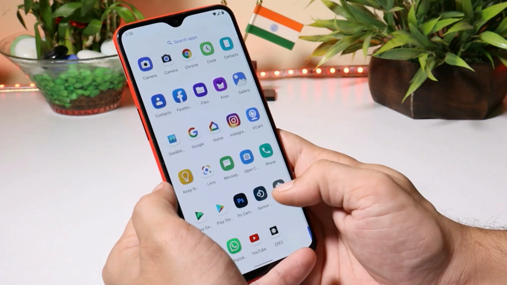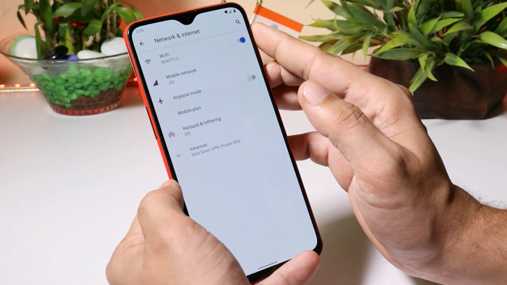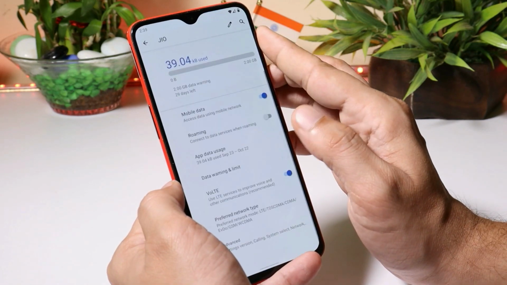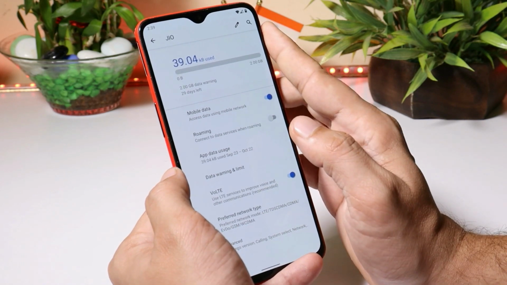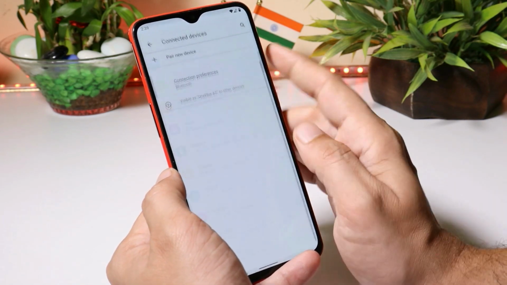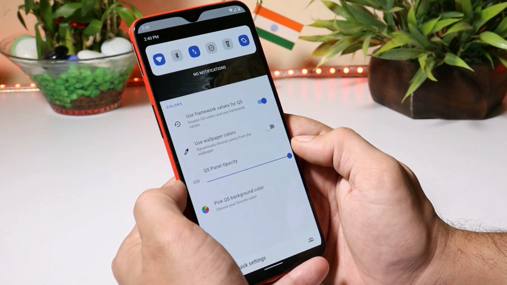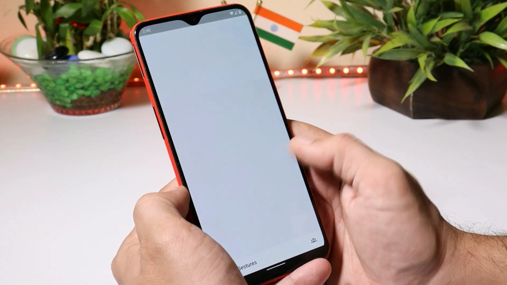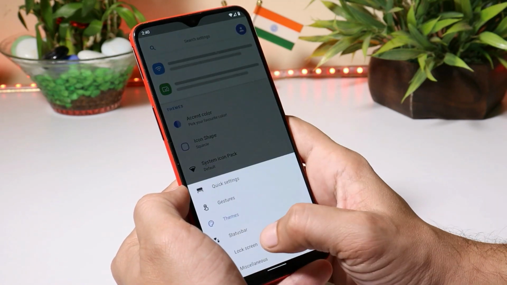Let's go inside the settings, and here under network and internet you won't find any kind of issues related to Wi-Fi. Both the bands are working fine, 2.4 GHz and 5 GHz. Wi-Fi calling, I'm not sure whether it is working or not, but we don't get any icon while making calls through Wi-Fi. Bluetooth has no issues. I've already tested with my TV. As it's an alpha build, don't expect many customization options in the early stages. Lots of settings are missing and those things will be added in the upcoming updates.